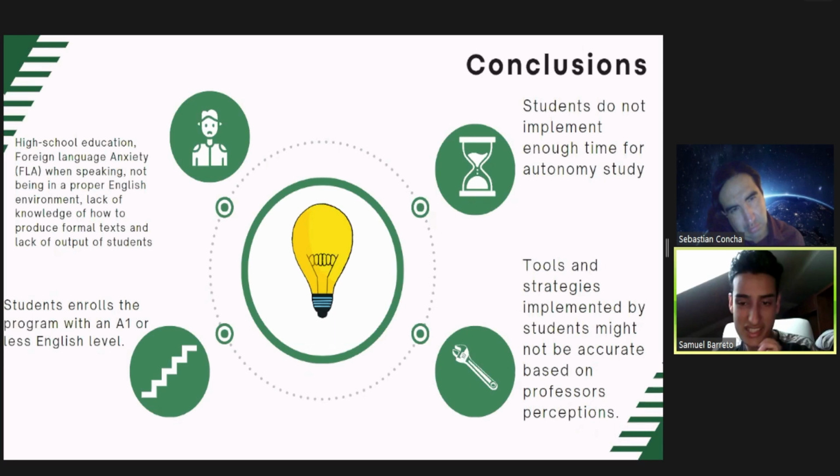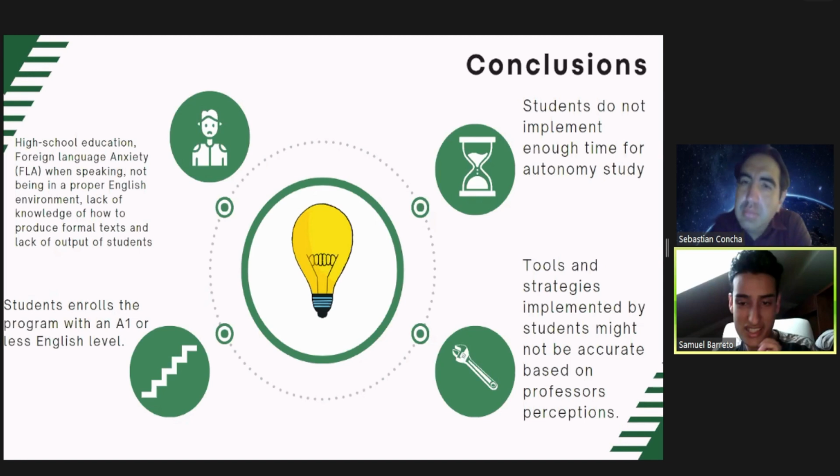And here we have the main causes of those communicative competences issues, based on the graphic of the biggest issues. We arrive at the conclusion that previous education is probably causing those low communicative competences, because students enroll in the program without the minimum English level required. Anxiety when speaking: they are afraid when speaking or using English. They are not in a frequent English environment where they practice, not just inside the class but also outside the class, and they lack sources